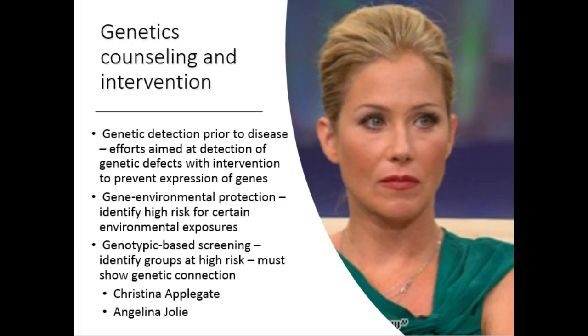Also, gene environment protection. This is genetic testing that holds out the possibility of defining combinations of genes that identify individuals who are especially likely to develop disease when they experience specific environmental exposures. This is identifying the gene-environment interaction that may lead to identifying those who are at high risk if they work